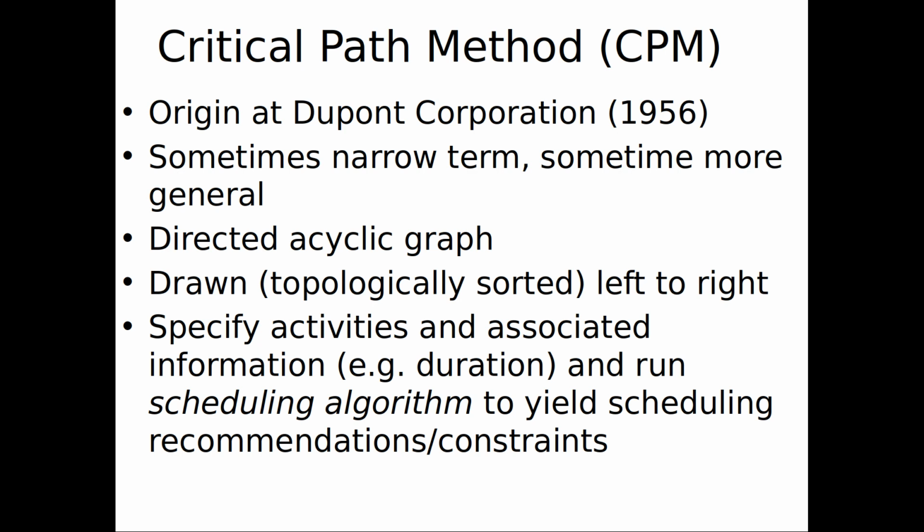Did you get introduced to DAGs in algorithms class? What is that? Directed acyclic graph. It's a graph where you have a set of vertices and there are directed edges between them, but there are no cycles. There are no loops back, right? You can't get stuck in a loop going around. And such a graph can be topologically sorted, meaning you can sort it so that if B depends on A, A goes before B. And that's the idea here with the CPM diagram.